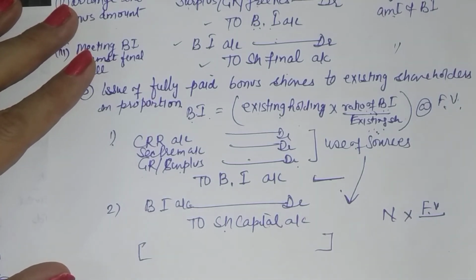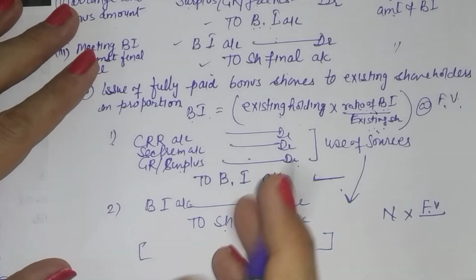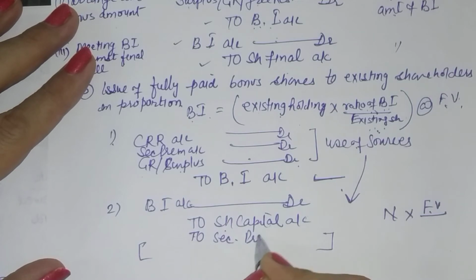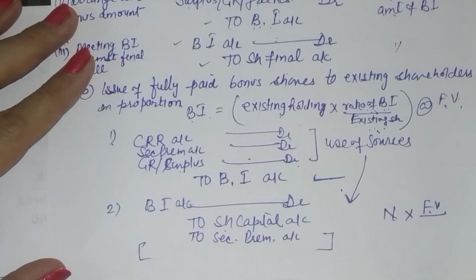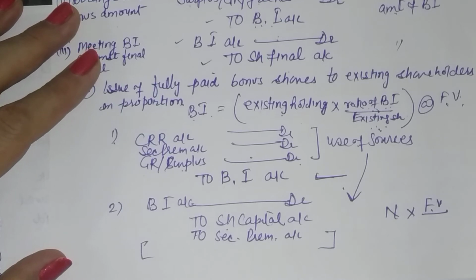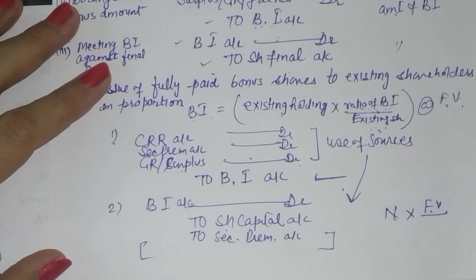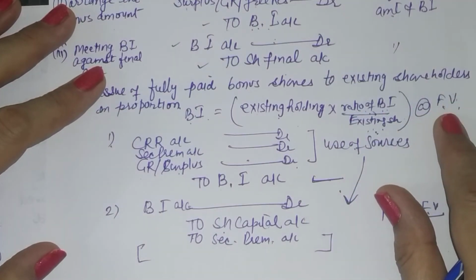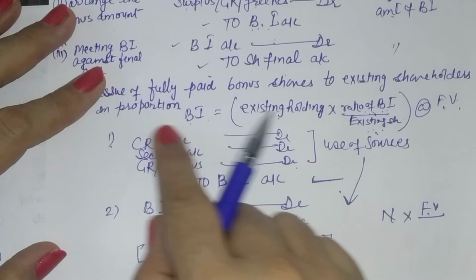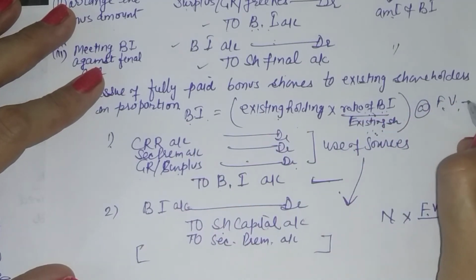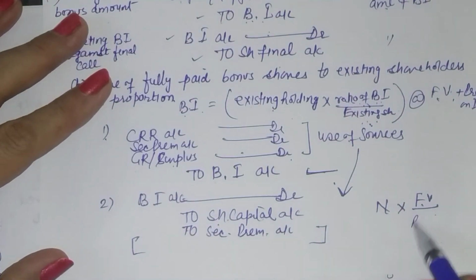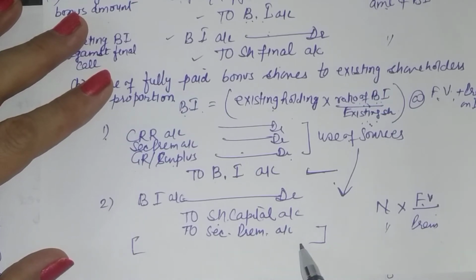If you happen to give bonus issue at premium, then you will arrange for the premium also, and the amount will be put into the securities premium account. It is up to the company to issue bonus shares at par or at premium. When it is at par, you will arrange the money only for par value. But if you issue bonus shares at premium, then you will arrange the money for premium also. So it will then be face value plus premium on issue of bonus shares. Face value will go into capital and the premium amount will go into the securities premium account.